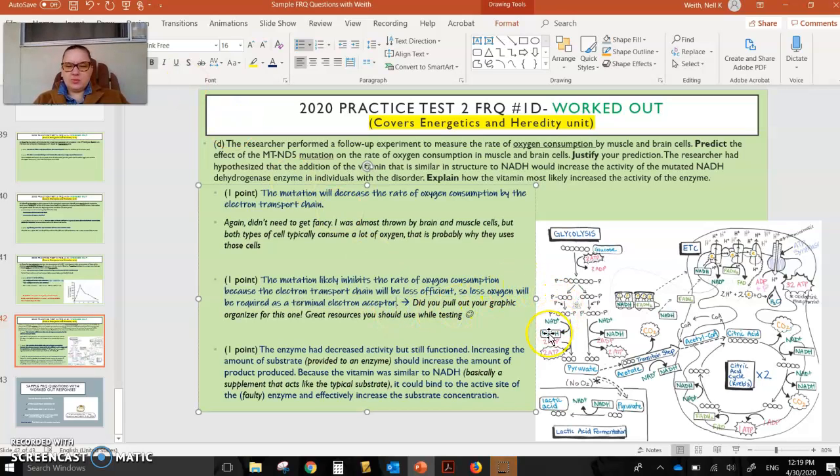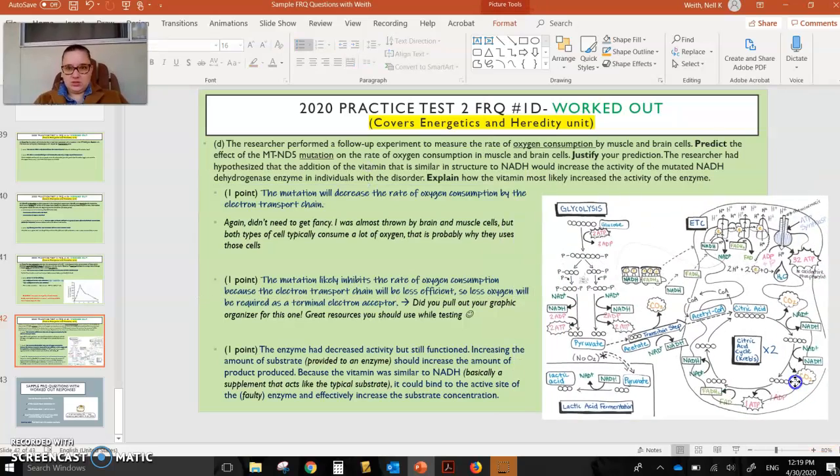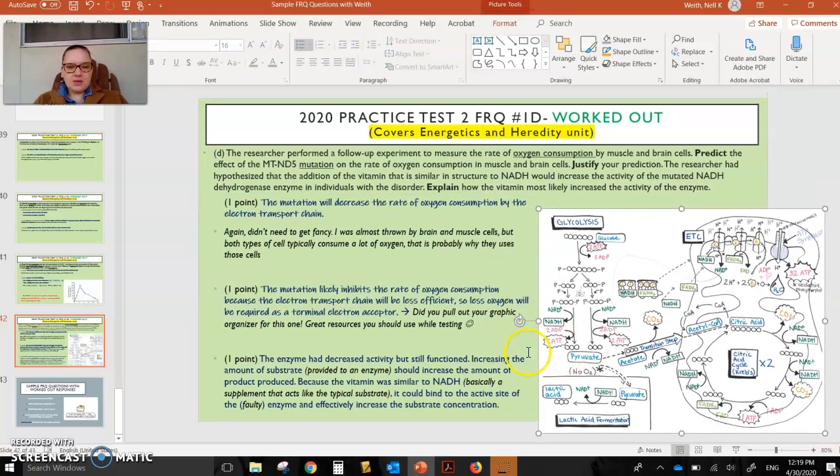And this would have been a great FRQ, as you're reading about the content, to pull out your graphic organizer. I will continue to keep posting review stuff, some of which will be, if it's an open note test, what should you have out in front of you? What would be handy to immediately have on hand? These are definitely some of them. And the last one,